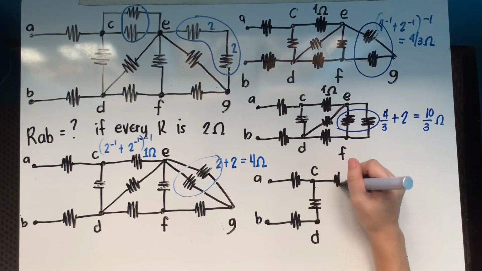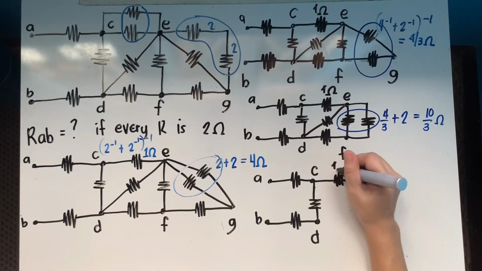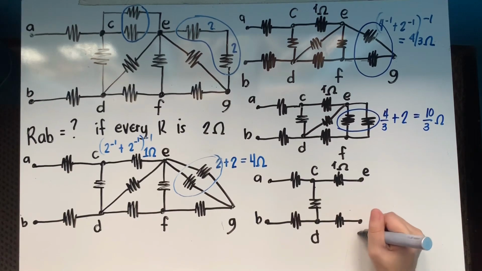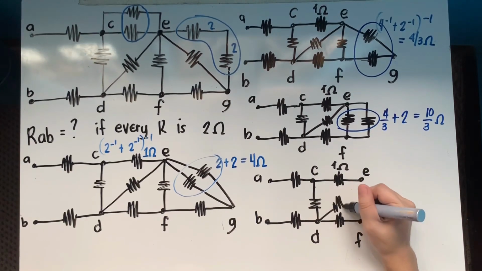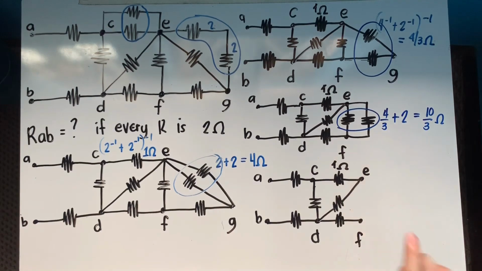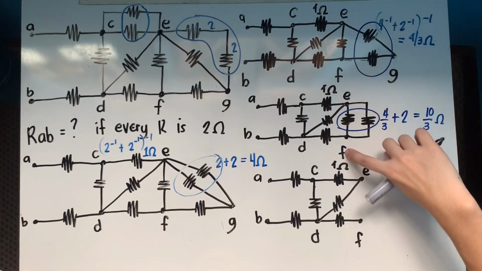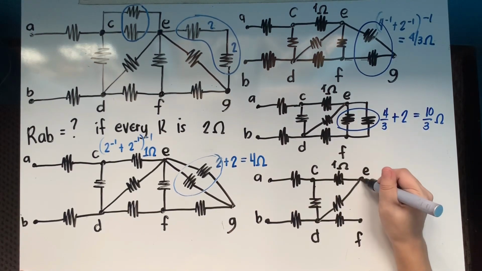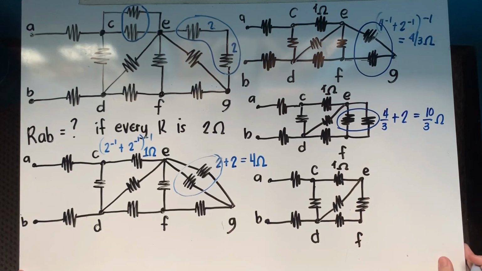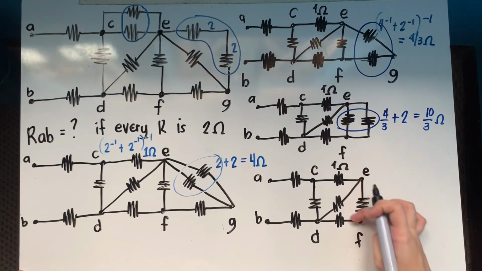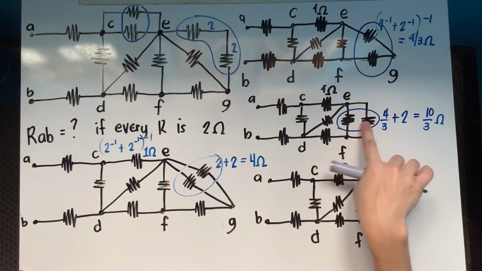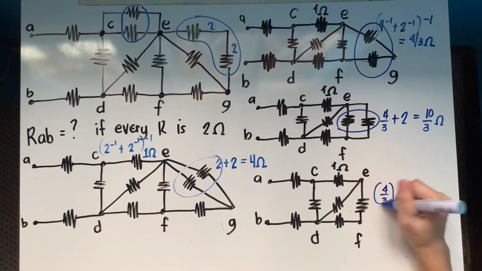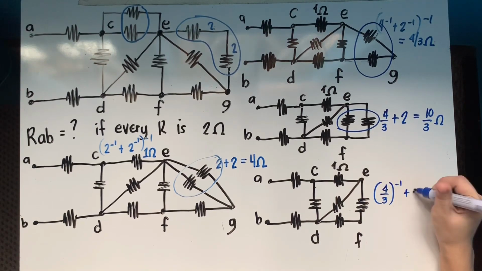Between C and E, you have there 1 ohm. Between D and F, between D and E, and then, yung nasa pagitan ni E and F, itong resistor na to, nakaparallel siya kay 10/3. So, pag nag-parallel combination tayo dito, magiging isang resistor na lang yun. Diba? So, itong isang resistor na to, galing yan sa parallel combination ng dalawa. So, ibig sabihin, mag-i-inverse ulit tayo dyan. So, 4/3 inverse plus,